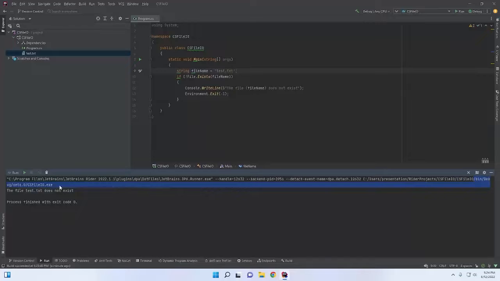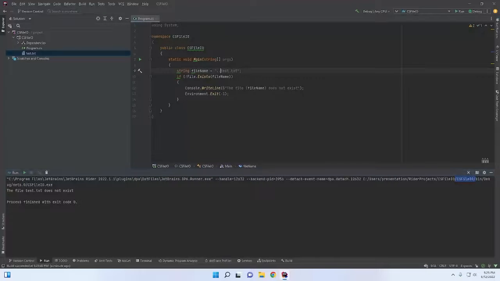There is a separate directory called bin, and then one called Debug inside of there, and then net6.0, and that is where the executable actually is. I could move this file into the same location as the executable to get it to work, or, since I'm just testing and demonstrating it, I can give it the relative path to that. So this is saying, okay, from this location I need to go up 1, 2, 3 directories to get to this location,